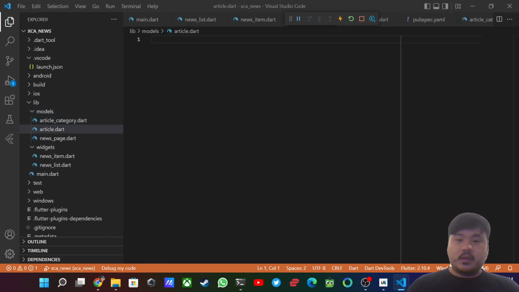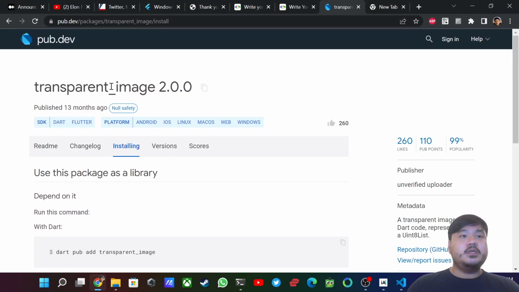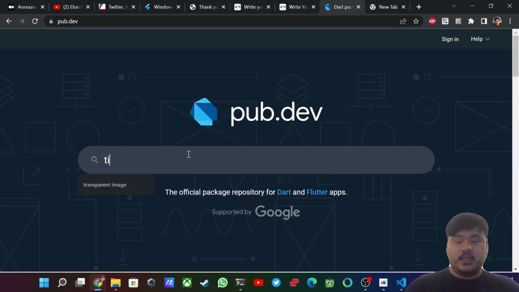Okay, and then inside here, before we implement this article model, I want to import another library to show a relative date time in a text. For example, given a date time, we're going to show 1 minute ago, 30 minutes ago, 1 day ago. So instead of calculating that ourselves and providing all the localization, we can use a third-party pub. So actually, in this pub.dev, let's search for this time ago,